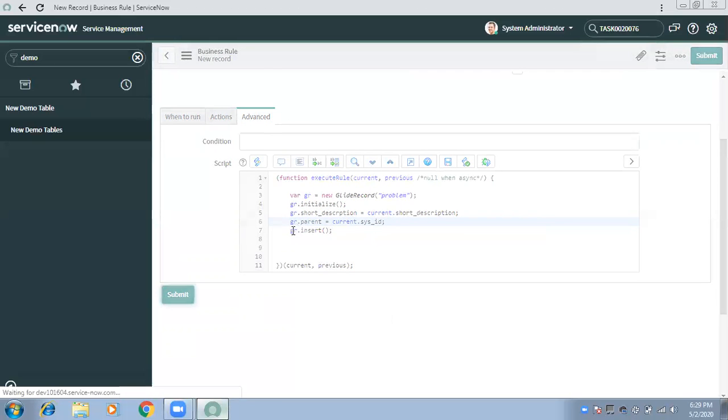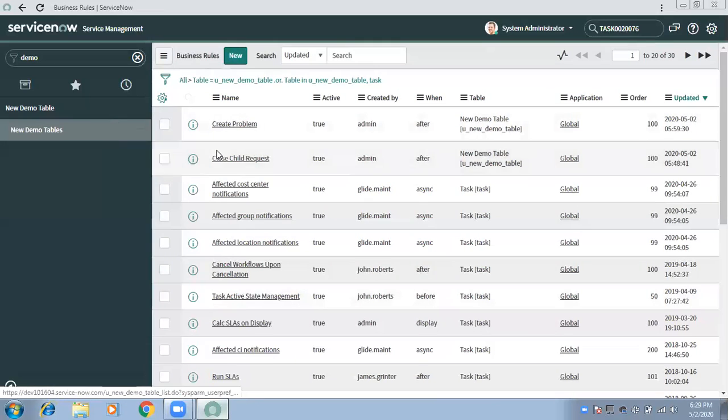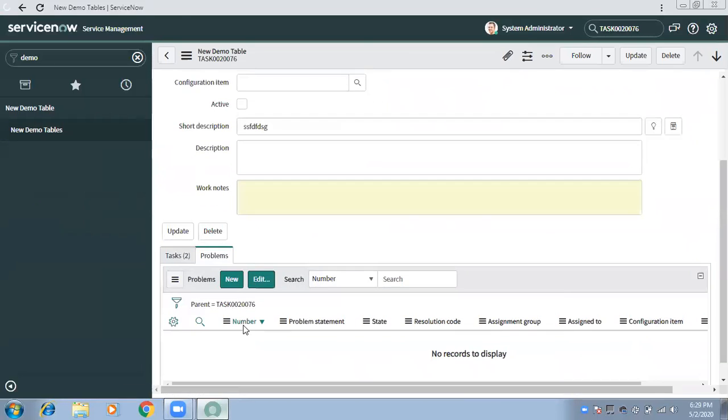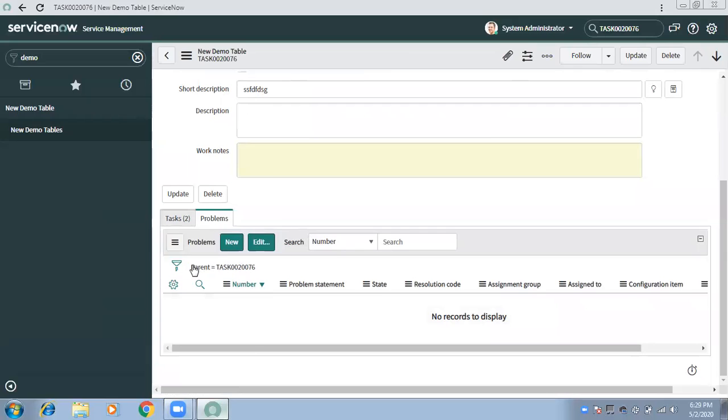So line number 6 is to link this record under this particular record, to show it here, because wherever this particular filter qualifies, only those problems will be displayed here, not all. So the line we wrote, gr.parent equals current.sys_id, makes this filter on that particular record, so that the problem record gets linked to this record.